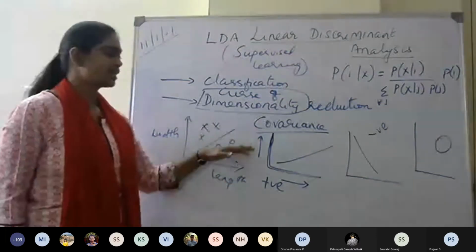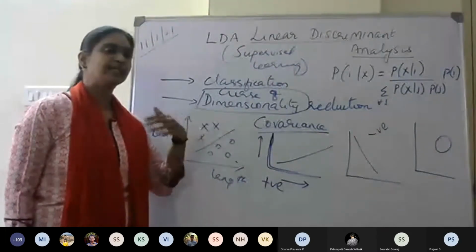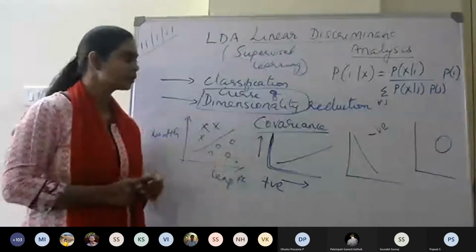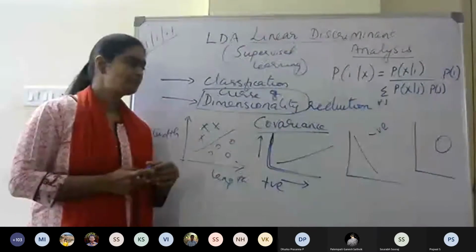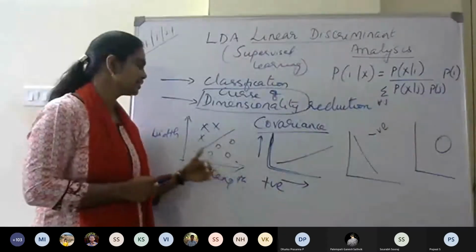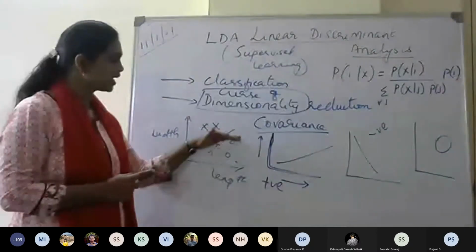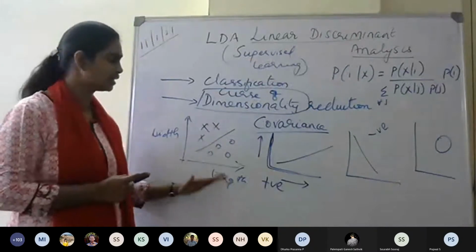That means when variance is more, it is easy for the objects to get classified from each other into 2 or 3 classes. Okay, so the variance should be more. That is one thing that is required. And then this covariance: if you take two features, the length and the width, if length is increasing and the width is decreasing to some extent, if it is like this, I can classify.